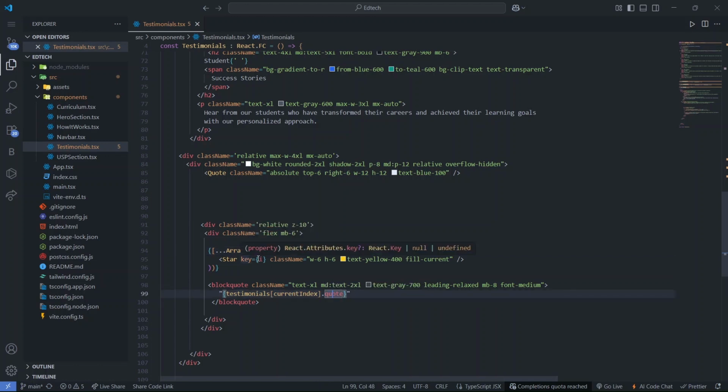So here it takes the testimonial current index code. Here we are not using any parameter, so that's why we are writing it like this, testimonial current index dot code. Otherwise you can pass the parameter also, so no worries. And after that